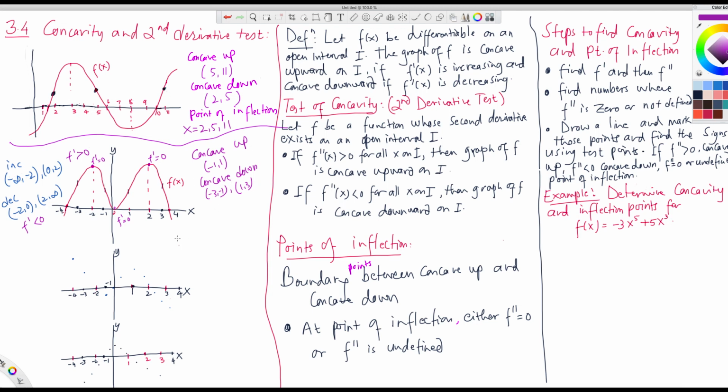Let us list the points of inflection here. What are the boundaries between concave up and down? So we don't know about -3, because we don't know whether it is concave up on the left side, because it keeps going, right? It keeps going like this and it keeps going like that. So the point of inflection is -1 for sure, x equals -1, because it is the boundary between concave down and concave up, right? And then another one is